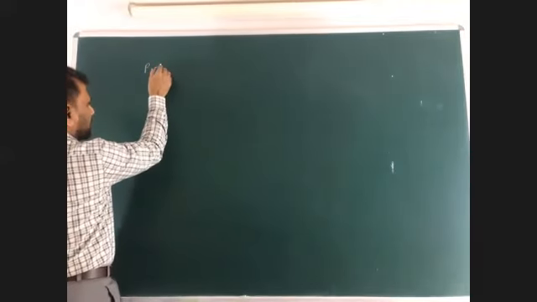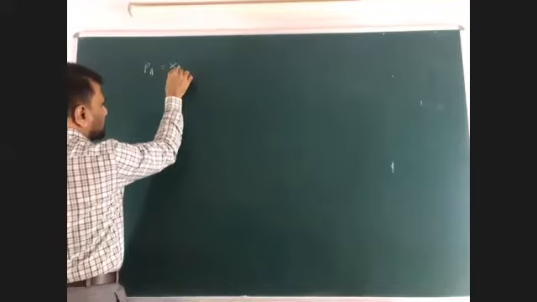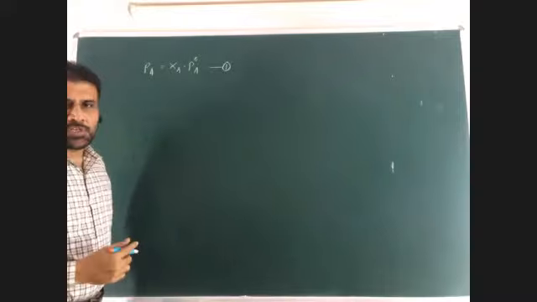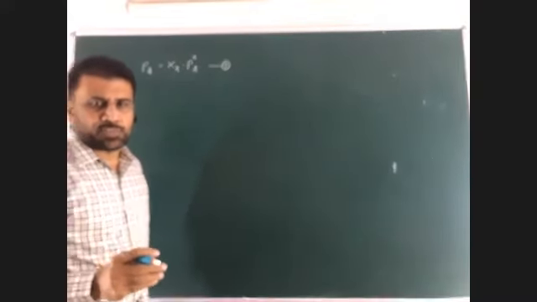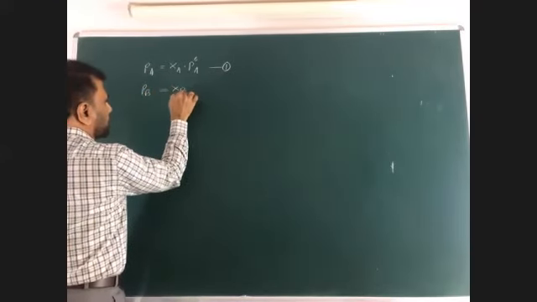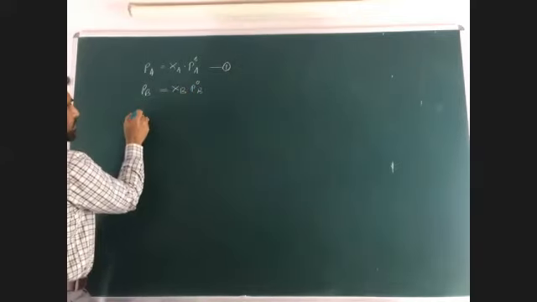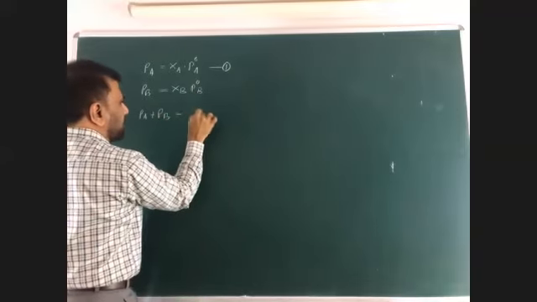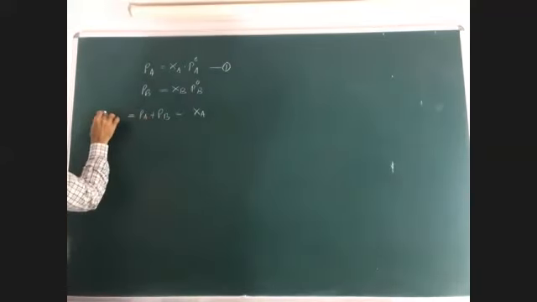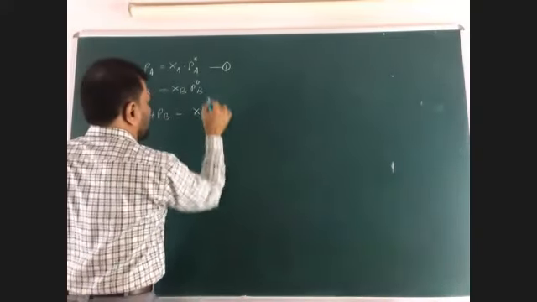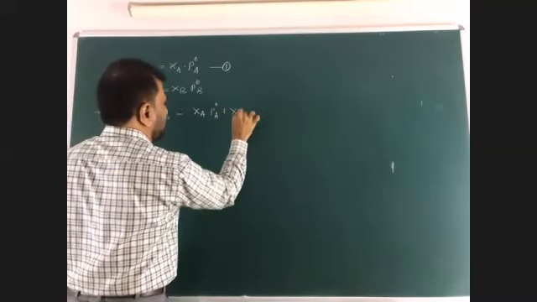Yesterday I told you this. Partial pressure of A, that is vapor pressure of A, is directly proportional to the mole fraction of A into P naught A. This is the fundamental principle. This is especially applied for a binary liquid mixture. For the other liquid, Pb is equal to Xb into P naught B. Likewise, we add these: the total pressure is nothing but Pa plus Pb, that is Xa P naught A plus Xb P naught B. This is called total pressure.